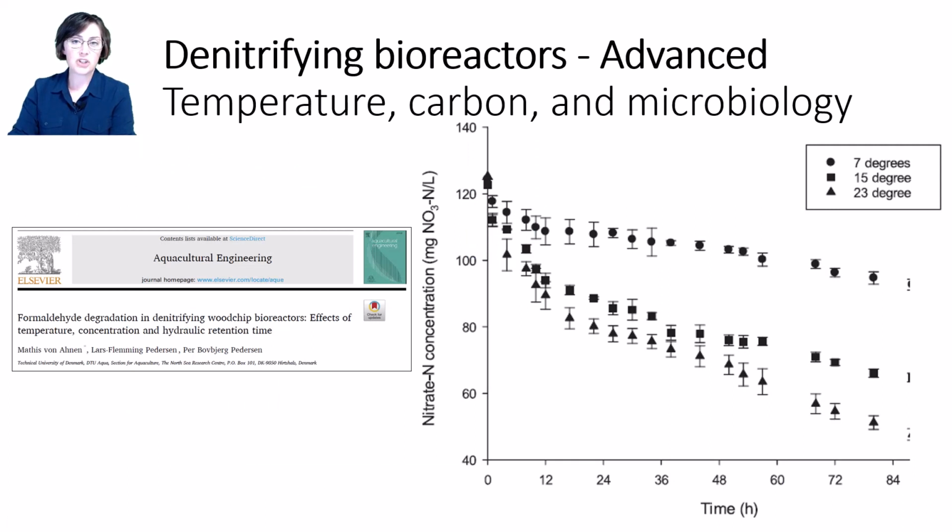To illustrate this temperature concept with a little bit more raw data, this was from a bioreactor study for treating aquaculture wastewater, and their actual aim was to remove formaldehyde from the water, but they also happened to study nitrate. As the time in the bioreactor increased, you see the nitrate concentrations decrease, as we would expect to see from an HRT impact. But those concentrations decrease more for the 23 degrees water versus the 15 degrees water versus the 7 degrees water. I also wanted to show this because aquaculture is a really cool application for bioreactors because their nitrate concentrations tend to be really pretty high.